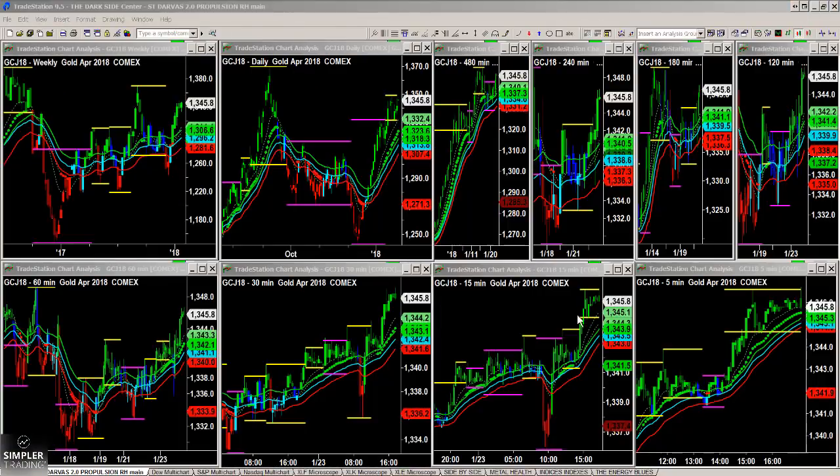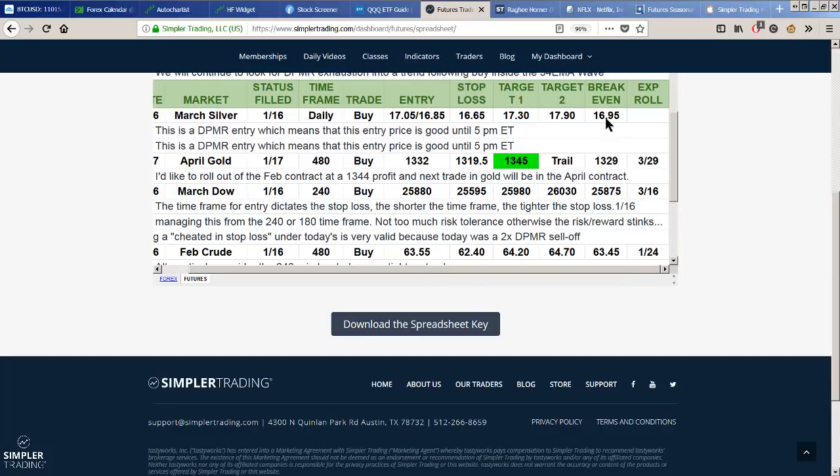So once that 1345 is hit, what you want to do is take some of the position off the table. Now what that means is if you bought, you actually sell a quarter, a third, maybe even up to half of the position and move the stop to a break even. And we list that as well on the spreadsheets. You can see under the break even column, I want you going to a 1329. This way, after realizing approximately a 13-point win, so that's $1,300 per contract of April gold,